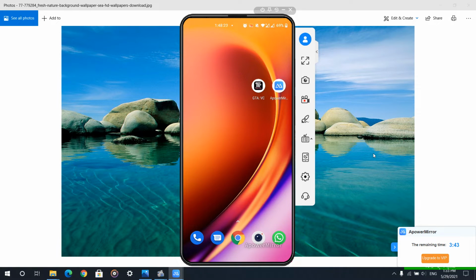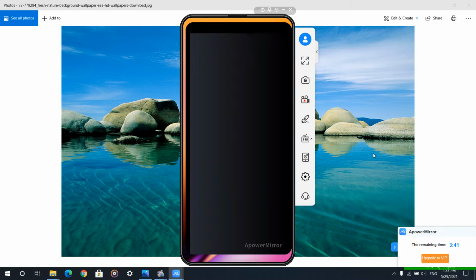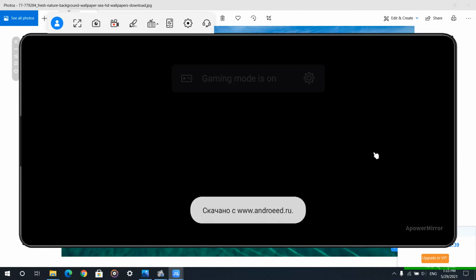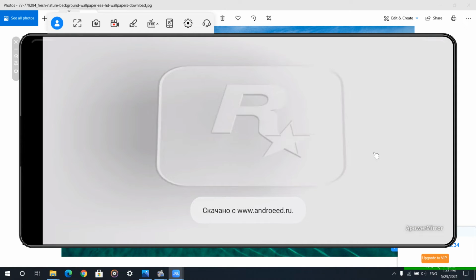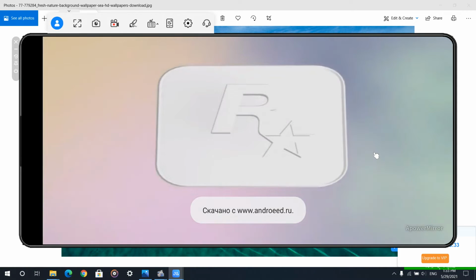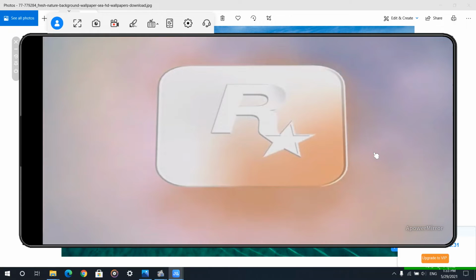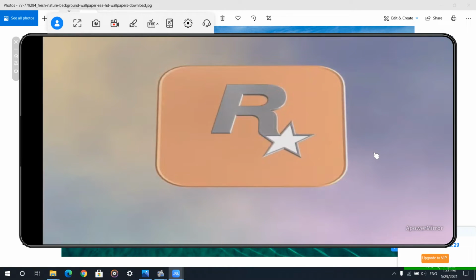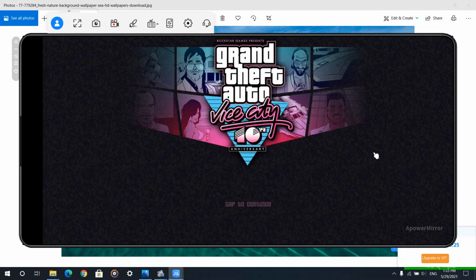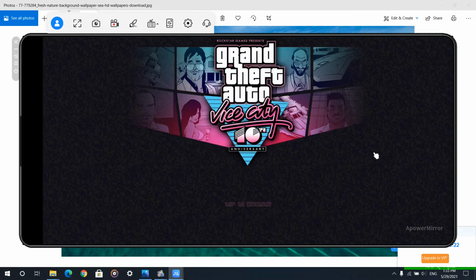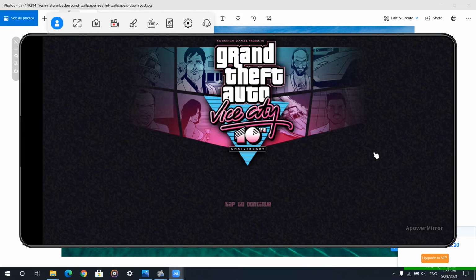Guys, you can see here after installation, just click on your game. You can see here the game is running very perfectly. It is not showing any error. The game is working so good, and you can see here this type of interface you can get. If you get any buttons over here, okay guys, just click on it, just do next, click on it and just tap to continue. After clicking tap to continue, you will go to the next page.